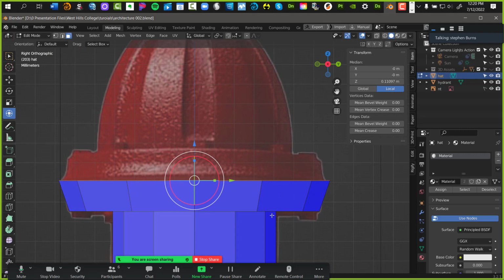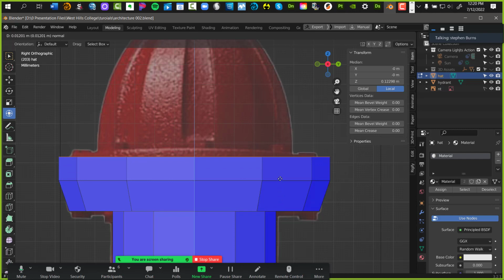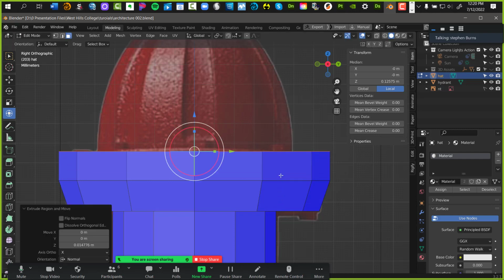And watch. What do I do next? Excellent. Extrude. I don't ask trick questions. So watch. Don't do it. Watch me. E key for extrude. Right there. I want to go to X-ray view so I can see what I'm doing. I want to taper this in from the top a little bit.